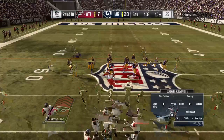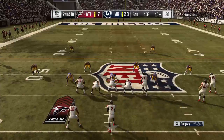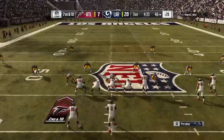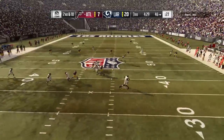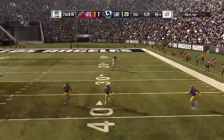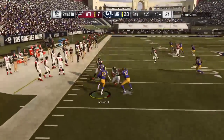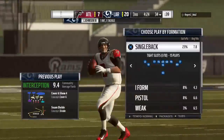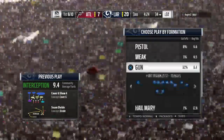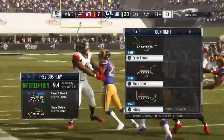After the end now is 2nd and 10. 2nd and 10. It's Ryan again. Flush to his right. Now he'll let it go. And he's going to be intercepted a 3rd time. John Johnson with the INT. And the return will be stopped at the 34-yard line. First possession of the 3rd quarter, an interception, so maybe